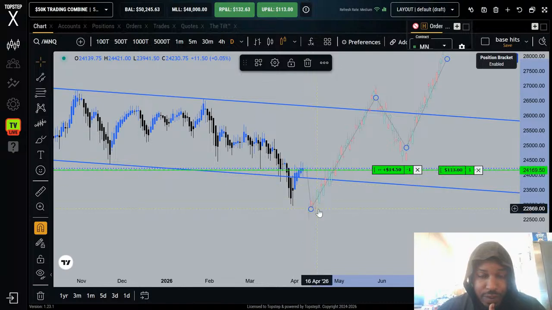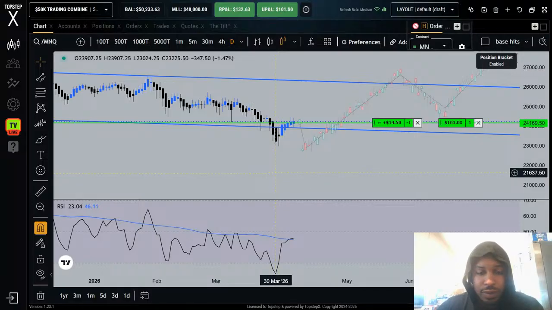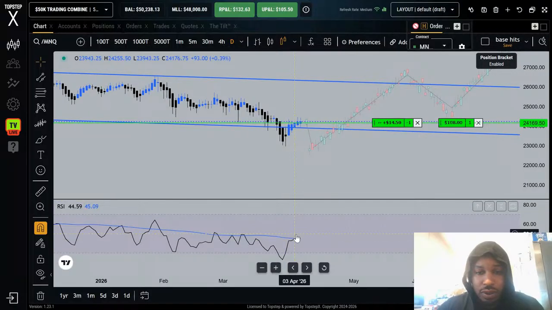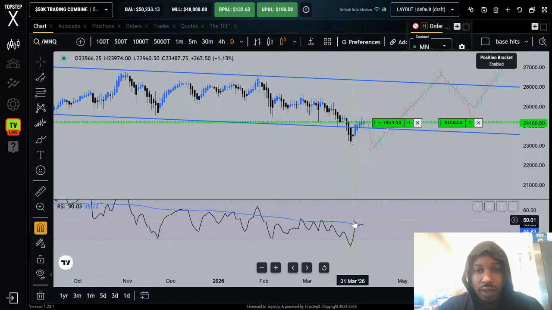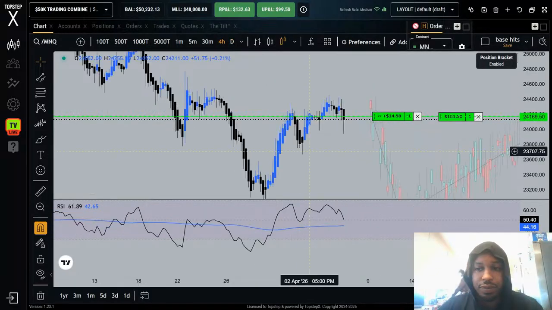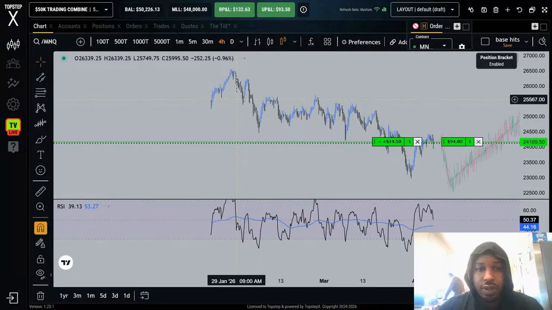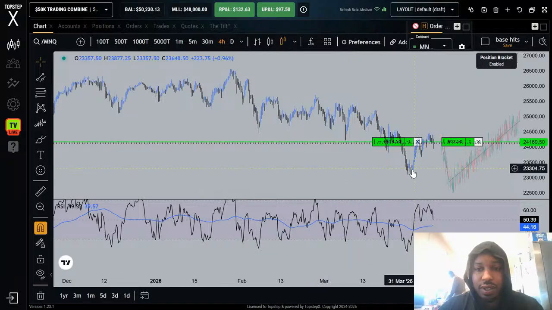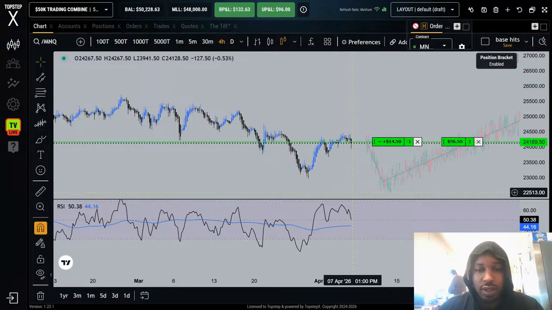Might happen. The reason I say that is on the daily, the low here was also the low on the RSI, and I'll show you why that's important. So if we go to the 4-hour, from here to here is one leg. Everything else is just noise, pullbacks. But we get down here,